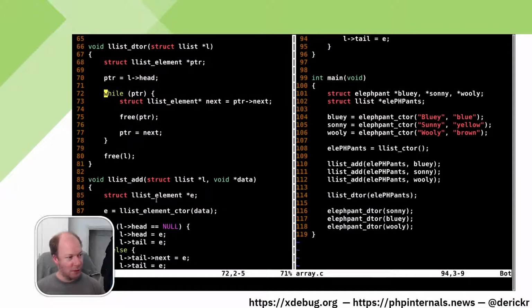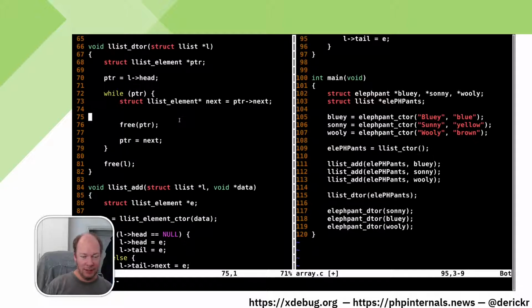And of course, this is pretty good, and we ended up freeing the data element itself, but not what it was pointing to. So although we freed up our little container that has the next pointer and the data pointer, we don't actually free up the elephant itself. Now, of course, what we can do here is that before we free the pointer here, we can do our elephant destroy,